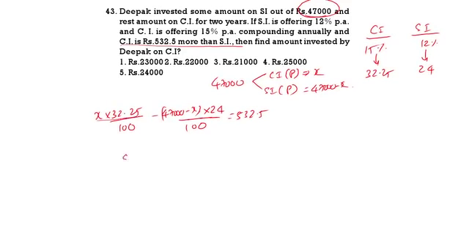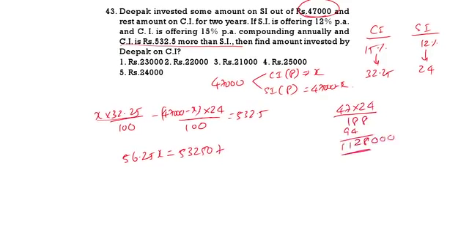Total it will be 56.25x is equal to 53,250 plus the product of 47 into 24. So this is 188 and this will be 94. So 1128, after that 3 zeros. Now this total is 56.25x is equal to 1181250. If we add these two, this will come.